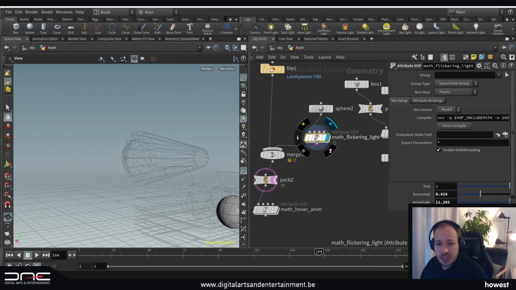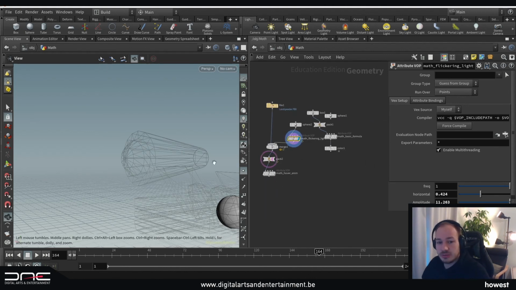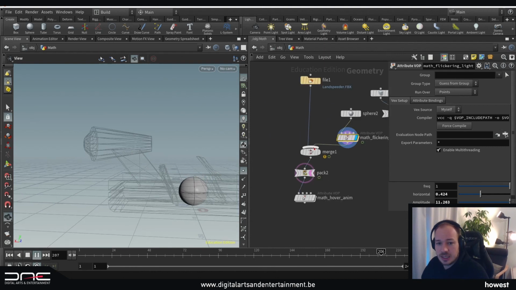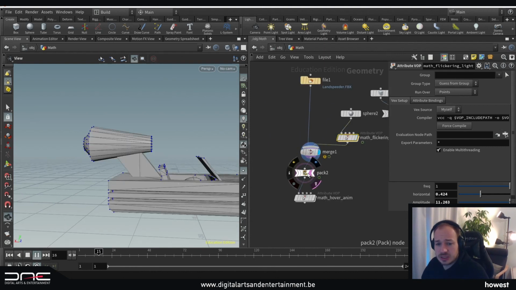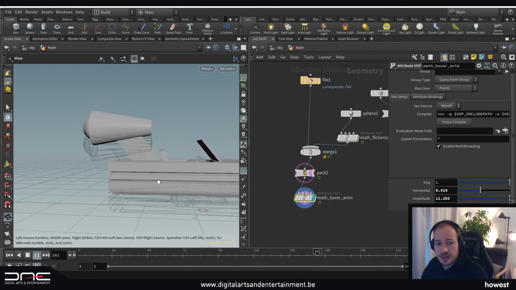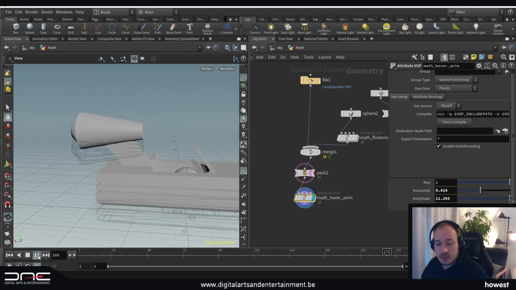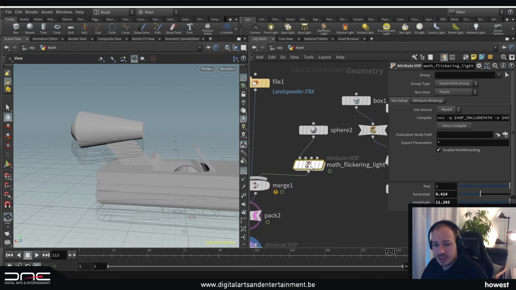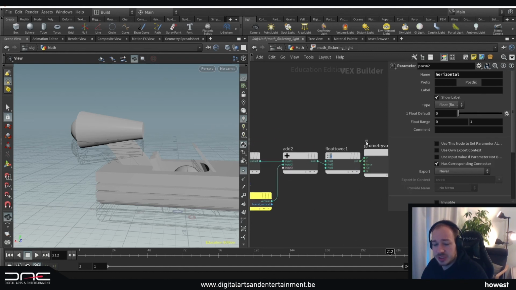So important now is, of course, what we're doing now here doesn't make sense because now we're moving this guy, and then we're moving it, then we're merging it, and then we're moving it again. So now it would kind of move here weirdly, right? This doesn't really make sense. What we do want to do is change this one here to not affect the position, but